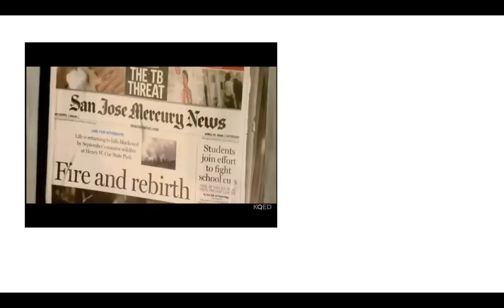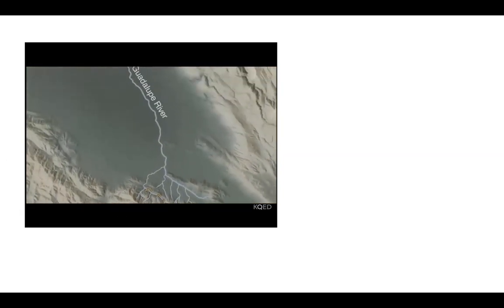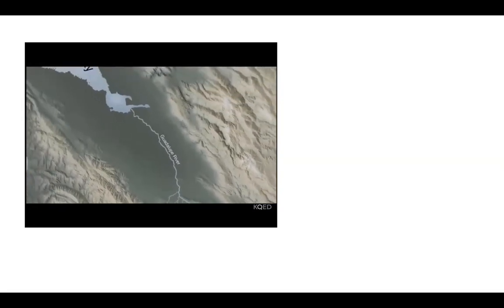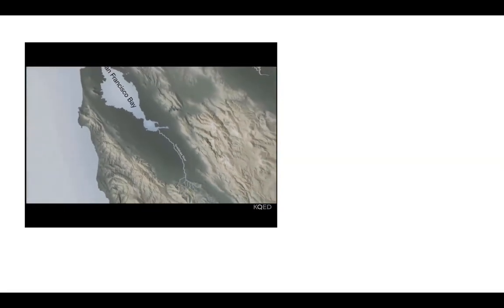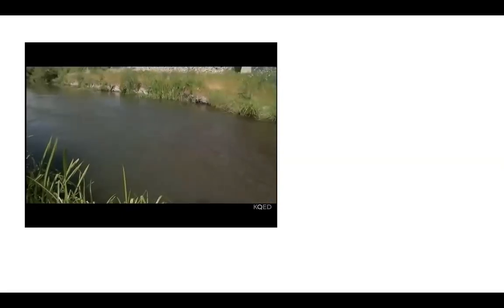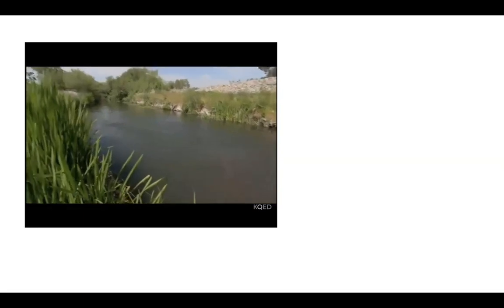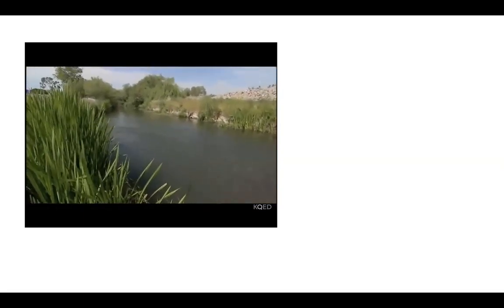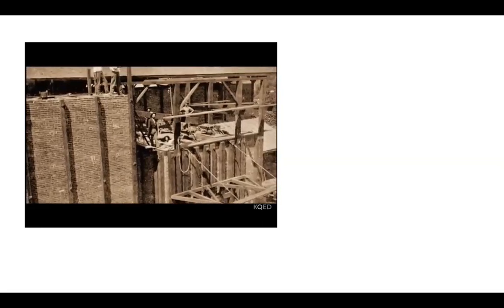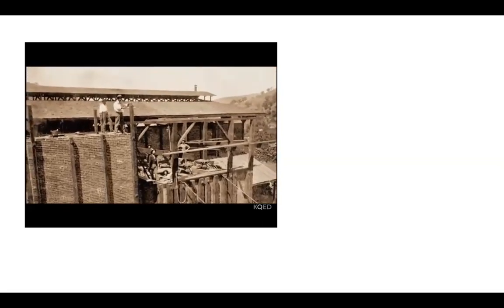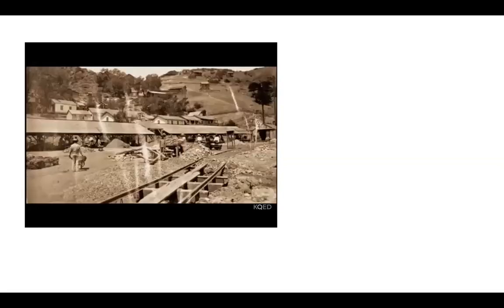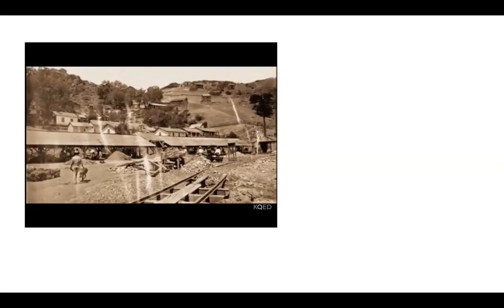Today, the new Almaden mine's legacy endures in the name of the region's newspaper and the mercury-laden sediments of the Guadalupe River that flow into San Francisco Bay. So the new Almaden mine actually sits right near the Guadalupe River. And right now, the Guadalupe River is in a state of emergency. I mean, basically, mercury pollutes the entire bottom of that river. And they have a separate cleanup plan just for that river because it is so contaminated. By the end of the 19th century, as much as 8 million pounds of mercury from new Almaden and the hydraulic operations in the Sierra Nevada were unleashed into the rivers of the San Francisco Bay watershed.